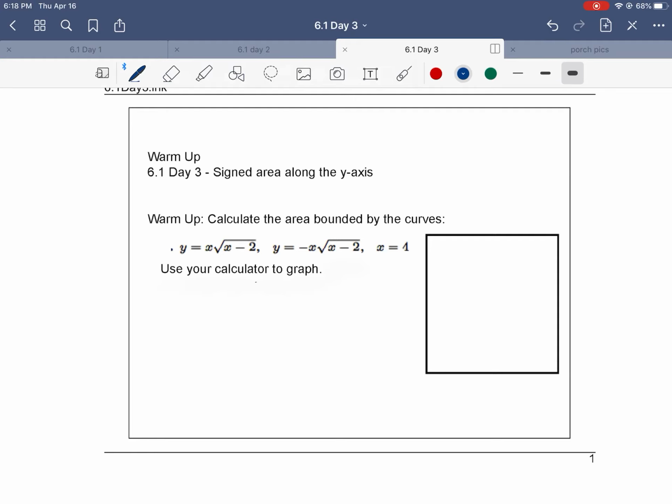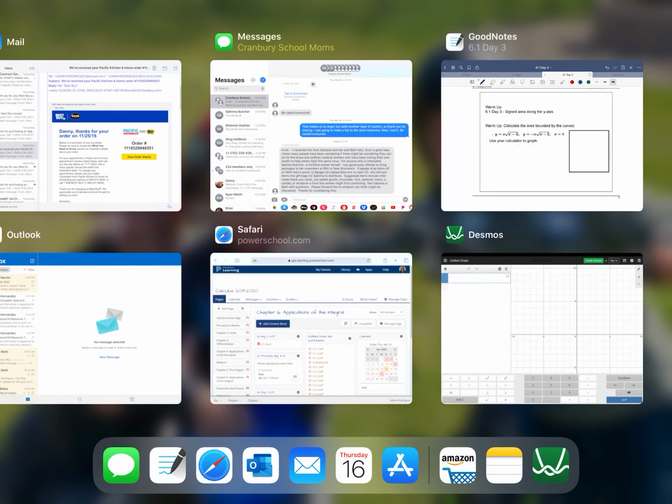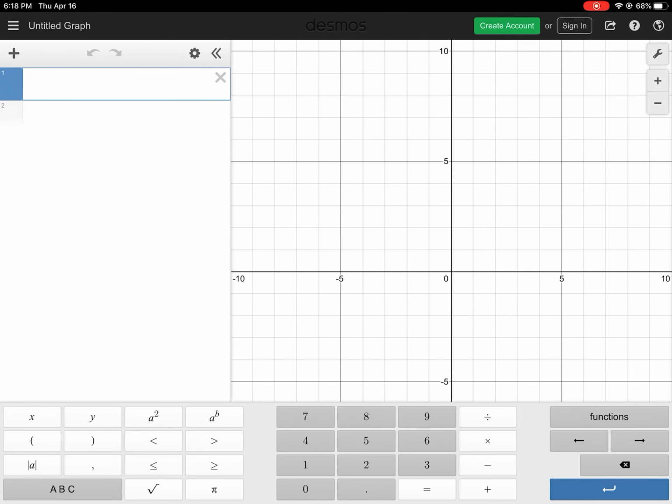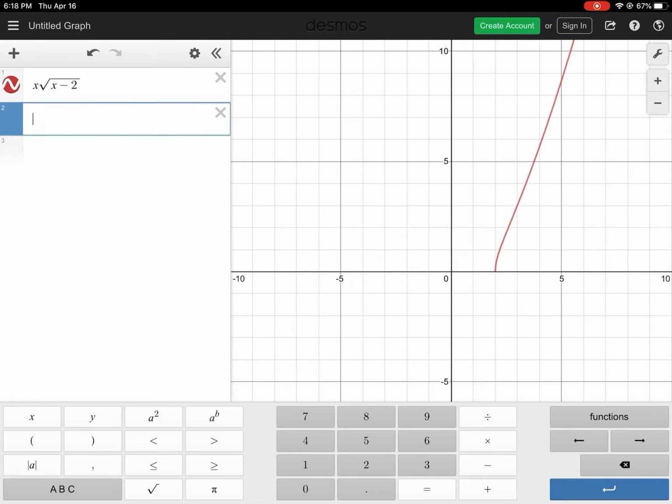Okay, so just as a warm-up, this is the same type of problem that we did earlier in the week. There are three equations here. We're going to graph all three of them, and we're going to find the area bounded by the curves. Okay, so I'm going to go to Desmos and graph x square root of x minus 2, negative x square root of x minus 2,